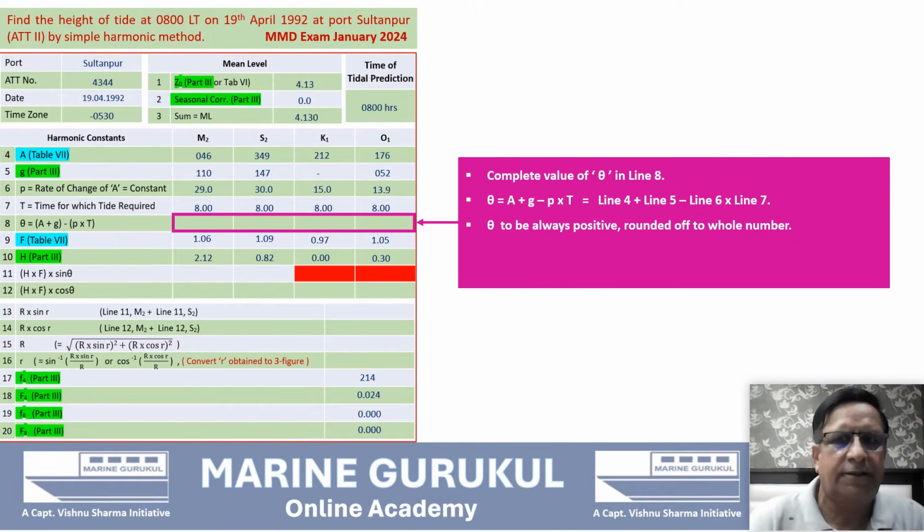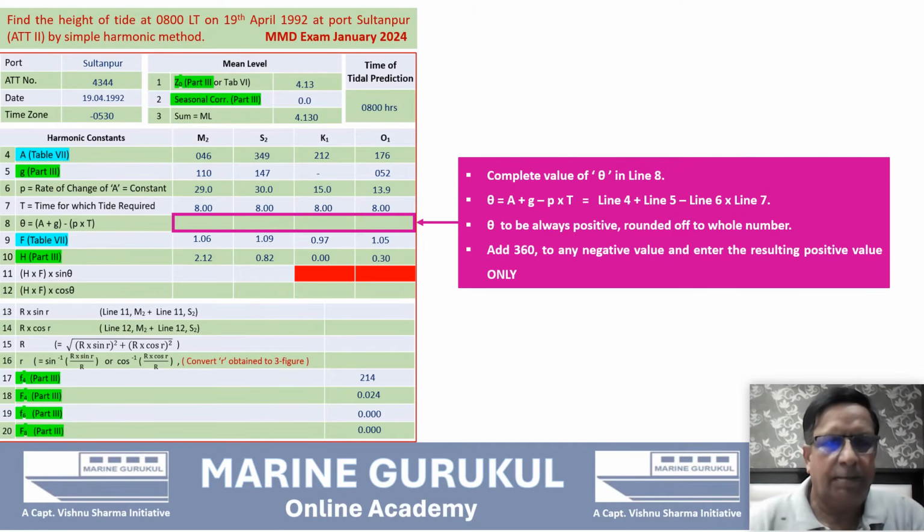So if you get this result as negative, add 360 degrees to it to make it positive and round it off to a whole number. No decimals required. Round off to a whole number and always positive. So if you're getting a negative value, please add 360. So on the calculator, basically, you will be using these to fill up the value of theta here,